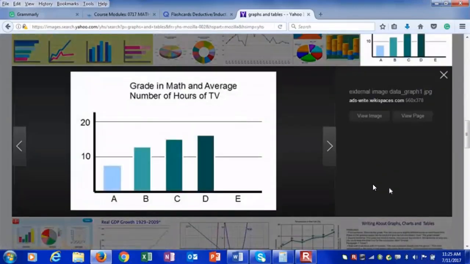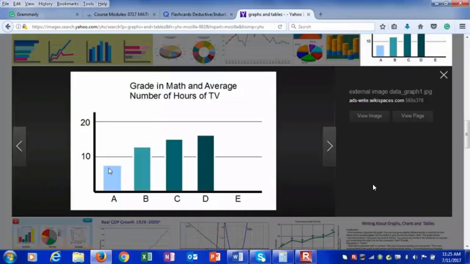Grades in math and number of hours of TV. Now, we've all talked about television and its effect on learning and is it positive and so on and so forth. So, let's look at this chart. And let's look at inductive reasoning as a pattern. And then we can look at deductive as logic. So inductive says, is there a pattern here? So this is the amount of hours of TV. This is the amount for grade level. Okay? So inductive reasoning says there's a pattern. Is there a pattern here?